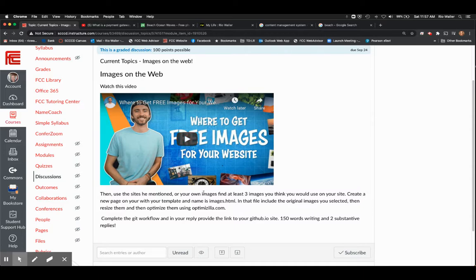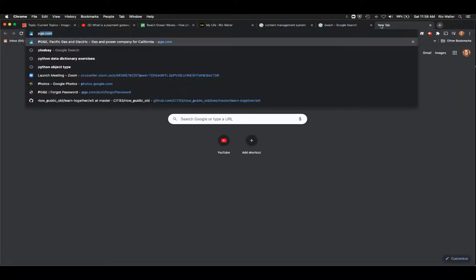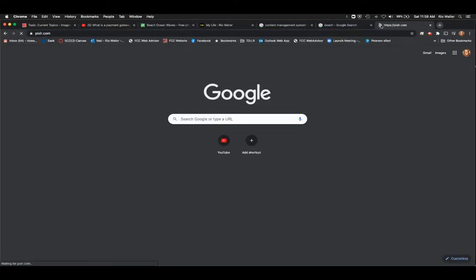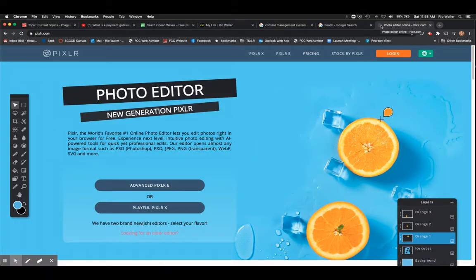We're going to have the original file, we're going to resize it, and then we're going to optimize it, because he talks about optimizing it in the way that I have done in the past, and I love that he covers it. And we optimize them, and I talk about this here. We resize them. Now, what you use to resize them is really for you based on your own system. If you have something on your local system that does it. If not, I have used Pixlr to resize this, okay?